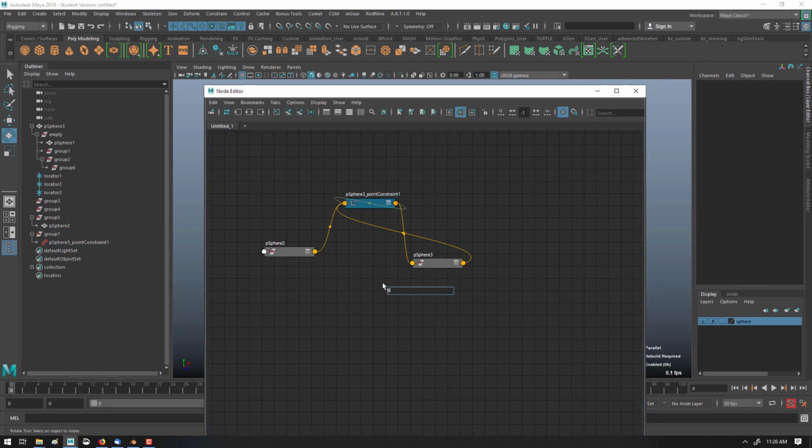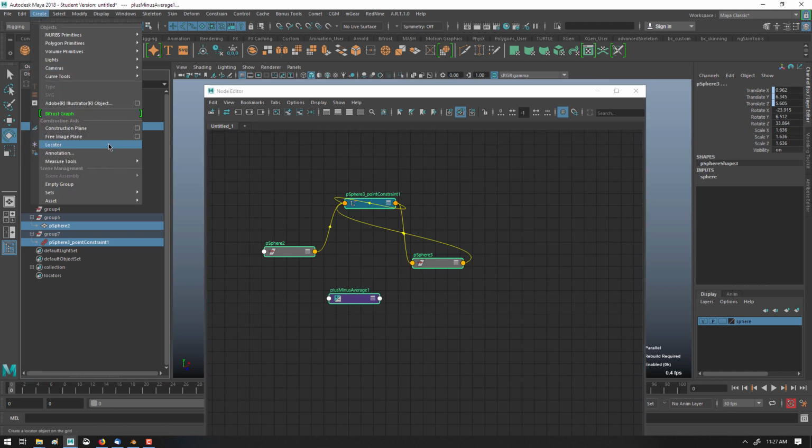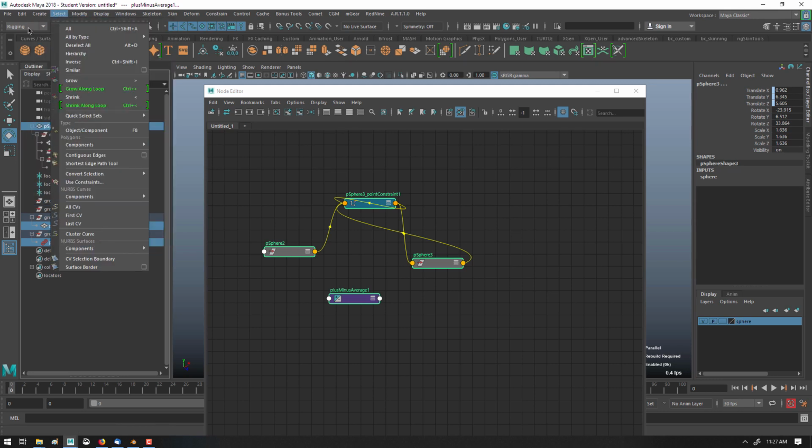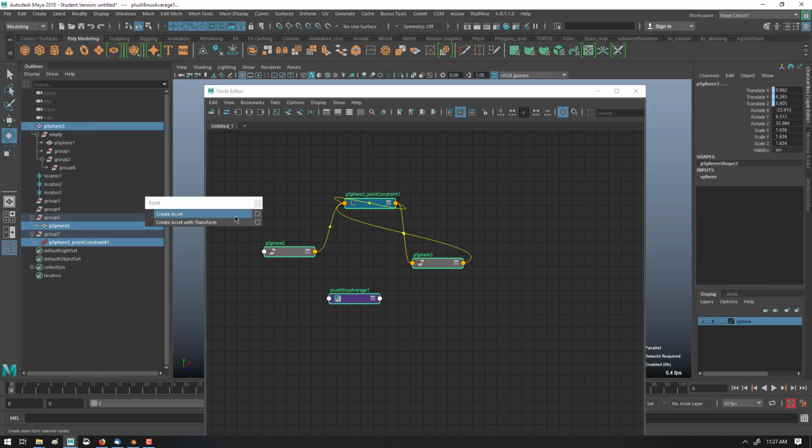And if I created math nodes, plus minus average, and anything else, now I have a lot of stuff that I need to organize that doesn't exist anywhere else in Maya. And that's where this idea of assets or containers comes from. So we can now create a group of nodes that are assets. An asset is a collection